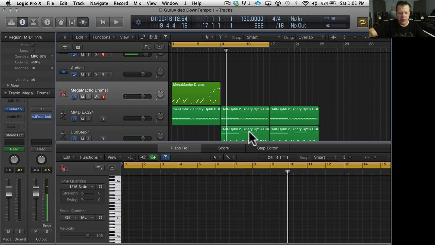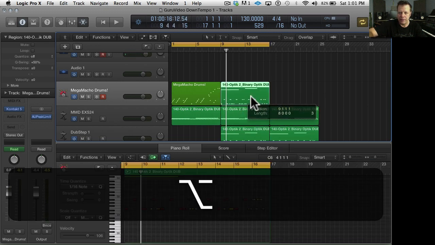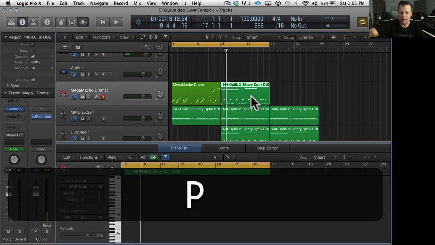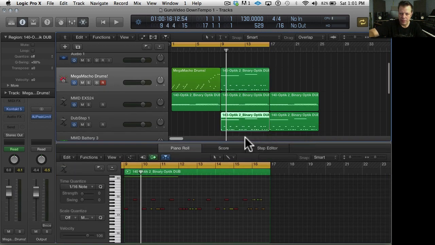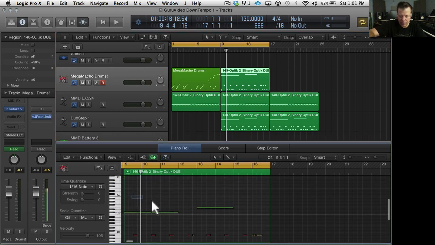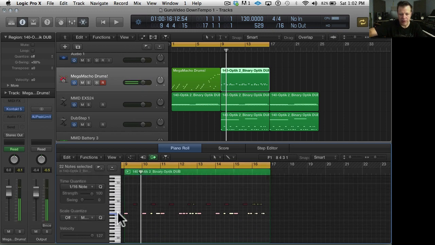So the easiest way to do that would be to take the drums, copy and paste them up here, and then modify this. So that there's no crashes. We don't need these guys. These guys.